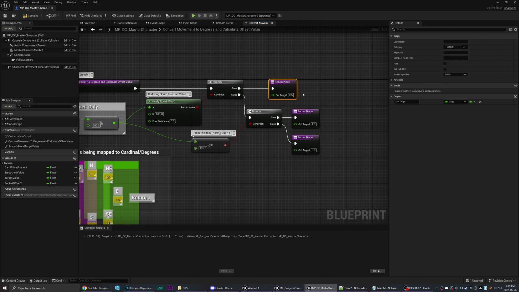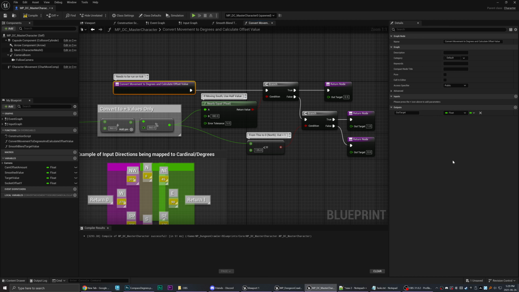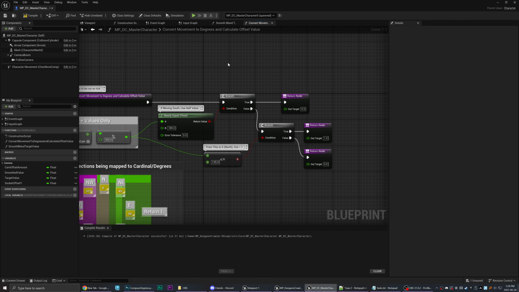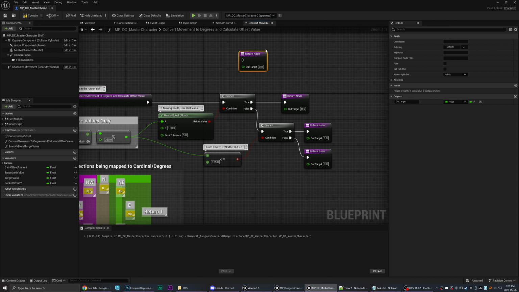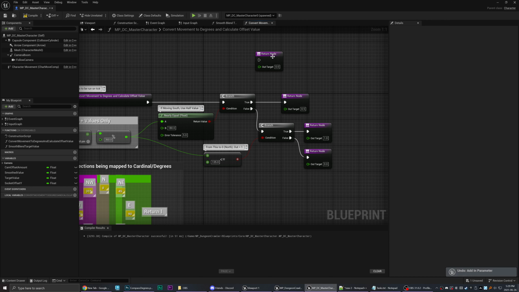So how I did that is on the function in node, you just create an output, call it out target, give it a value of float. The other thing you can do is if you just type in return and you get add return node, imagine that this out target wasn't here. Well, if I just grab this and plug it in like that, when it's got the check mark, not into the box, but into the node itself, it'll just add an extra output value. So that's another way to do it quickly.